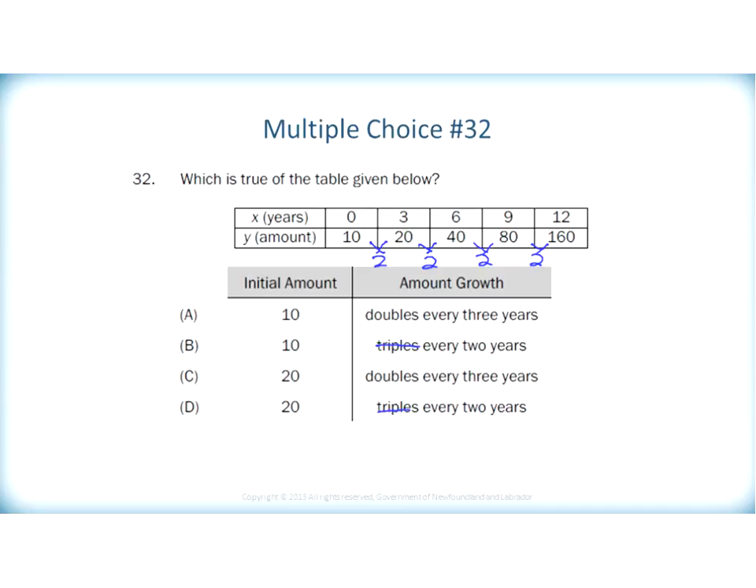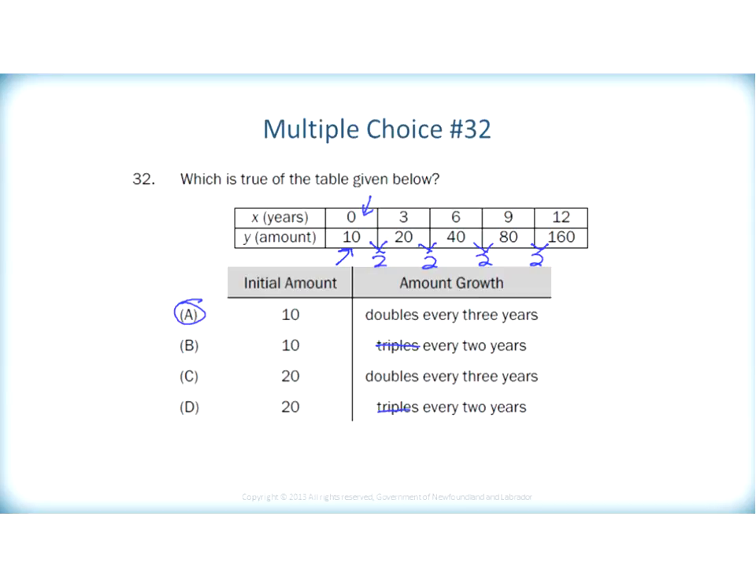And our initial value is 10. Our initial value is where x, or the time, will be 0. It's not necessarily the first thing in the table. It's when x is 0. So we have a. Just a little side note here, if we're going to create the equation for the function